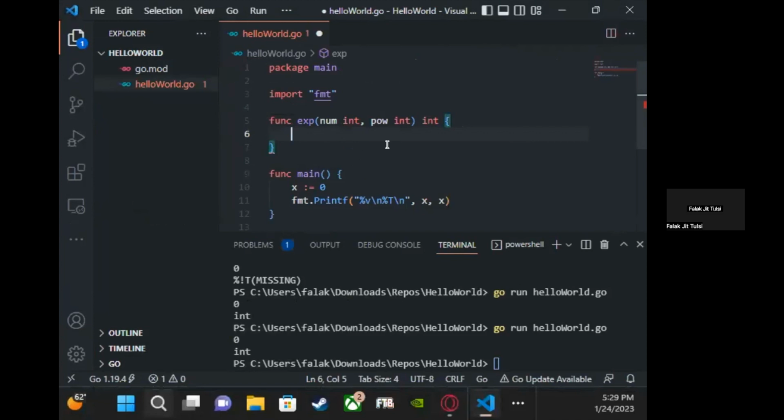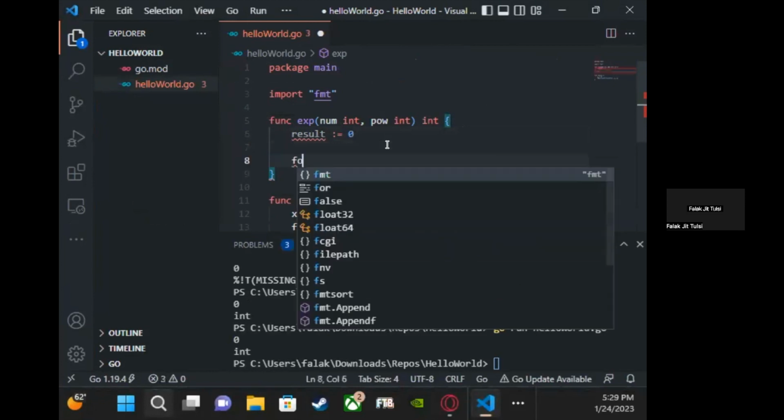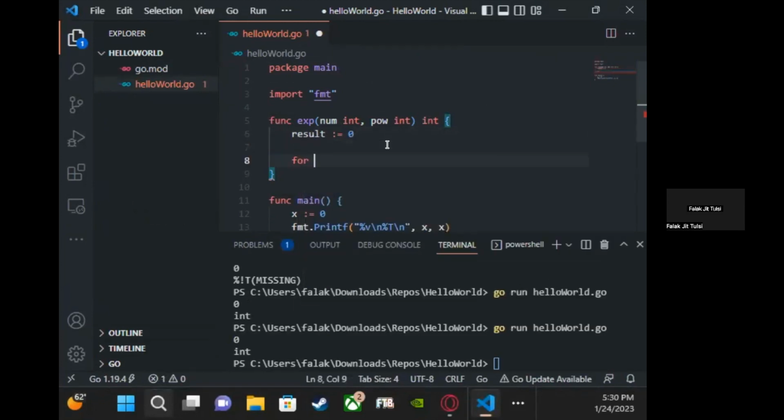Right, so we're going to first declare the result of our thing. The way we declare it, we're going to do the colon thing because again, we're in a function. And we'll just initially set it to 0. Next, we'll do a for loop. So we want to repeat the repeated multiplication the number of times that you put in our power, right? Because that's how many times we want to multiply it. So to do that, we'll just say for pow bigger than 0, right? And then inside here, we can just say